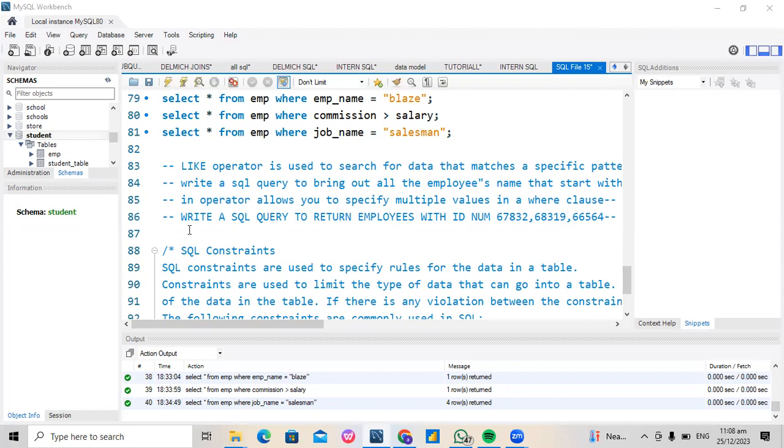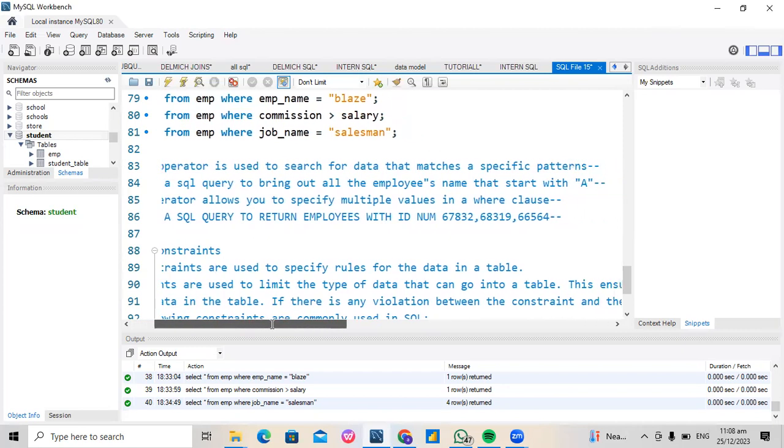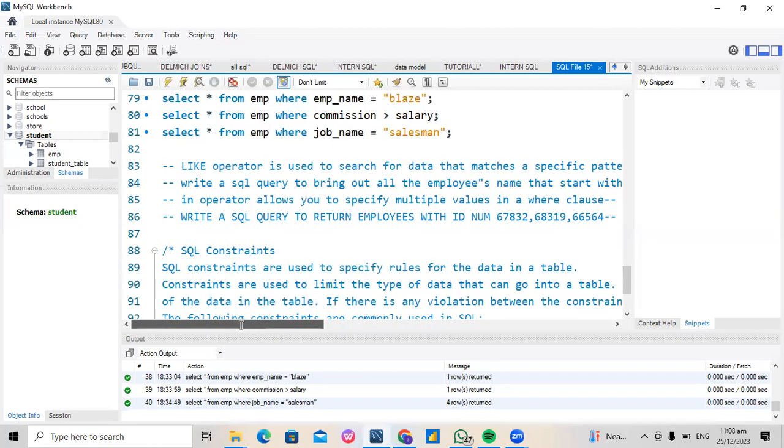But before that, let me just explain what the LIKE operator and the IN operator are. The LIKE operator is part of the logical operators, and it is used to search for data that matches a specific pattern. Take for instance, let's say I have data that has different column headers, and under my employee name,